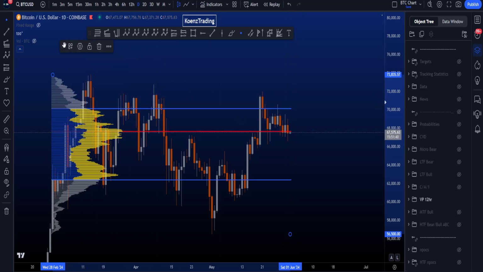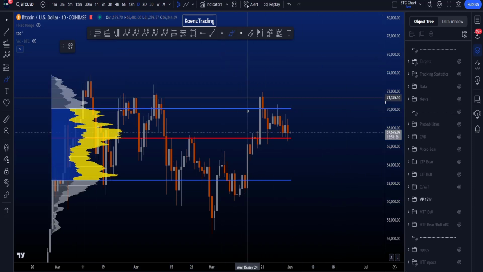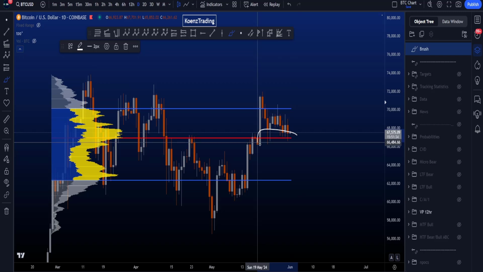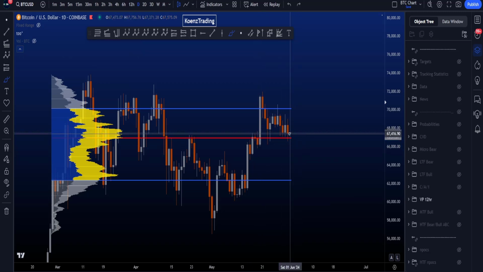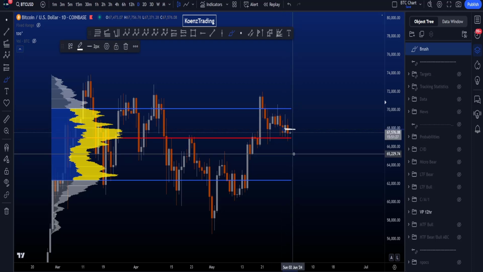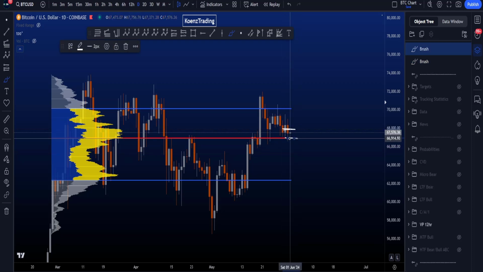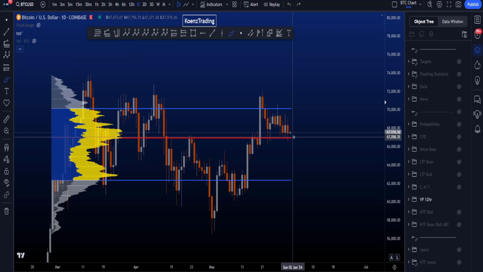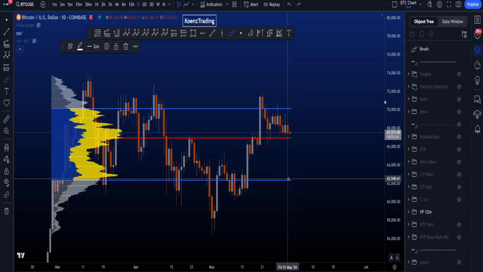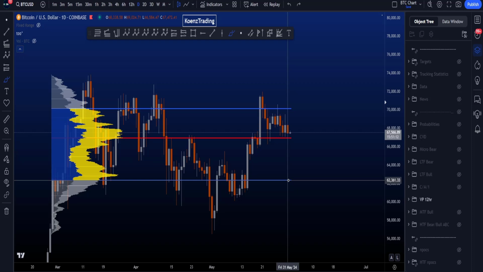300, still below the point of control, but look what happens the moment I switch it to 500. You can see that then the point of control is still below price. So we are pretty much between the two high volume levels. We have a point of control just above and just below price, and if we do lose this point of control here at 67k and retest this, it increases the probabilities to move to the value area low sitting at